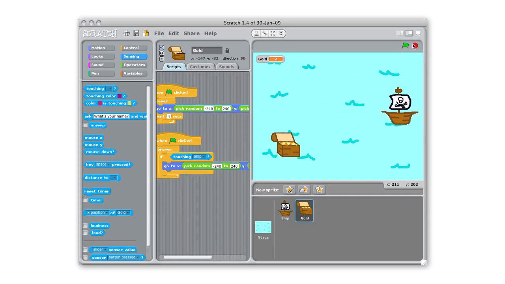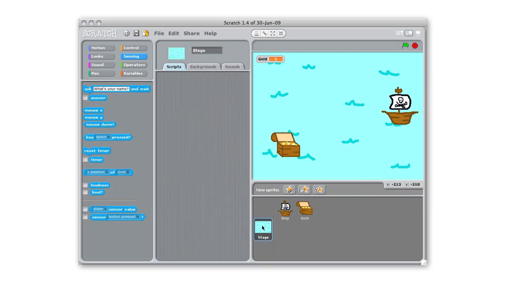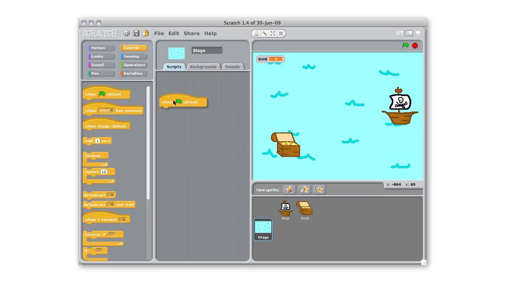So now we need a way for the game to end. So there's two different things we're going to do here. And for these controls, I'm going to go back to the stage because the game is going to start and end based on when that stage changes. So I'm going to add scripts on the stage. I'm going to say that when this is clicked, forever